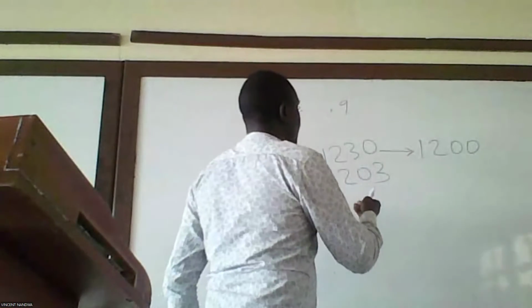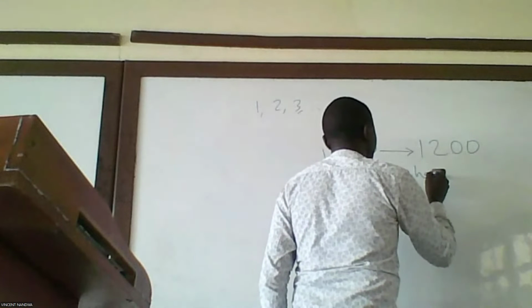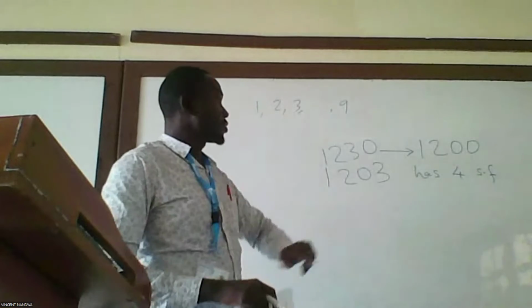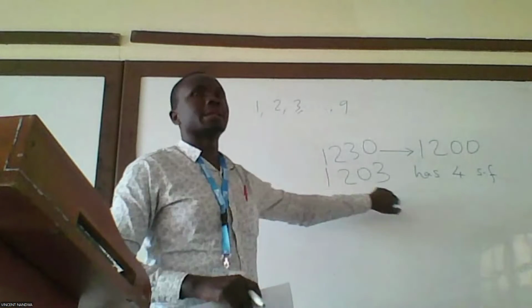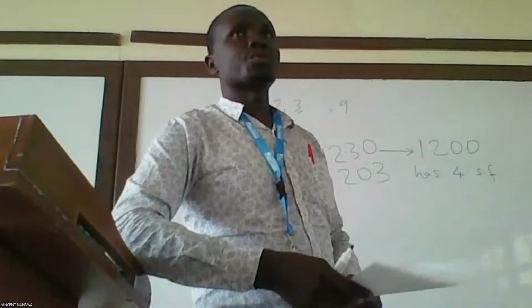Like here, you can give this example: the number 1204 has 4 significant figures confidently because this 0 is lying between 2 and 3. So that 0 is significant by default. That is case 1. Case 2,